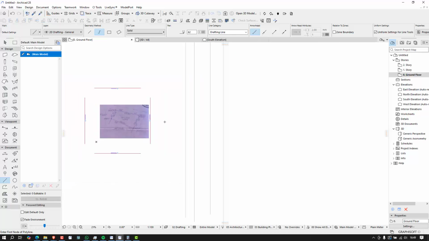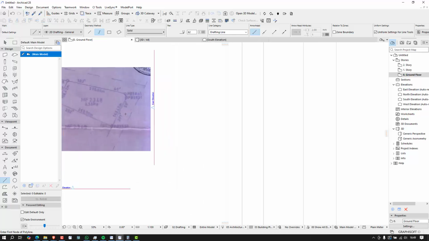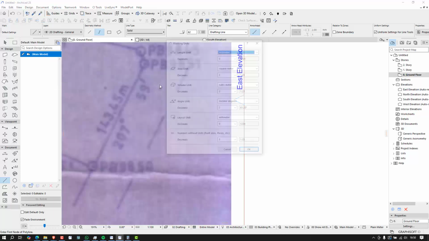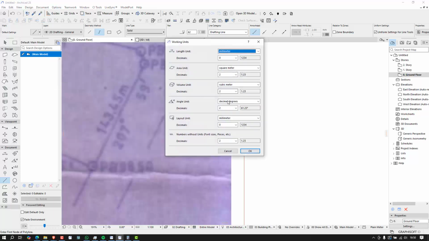Alright, that said, I'm going to start with this guy, 143.45 meters. I can see that it has a bearing here, 207.59. Before I use it, I know that I need to change this in my project preferences and my working units. My angles need to change from decimal degrees to degrees, minutes, and seconds. Alright, so after I do this, I can now use this angle,